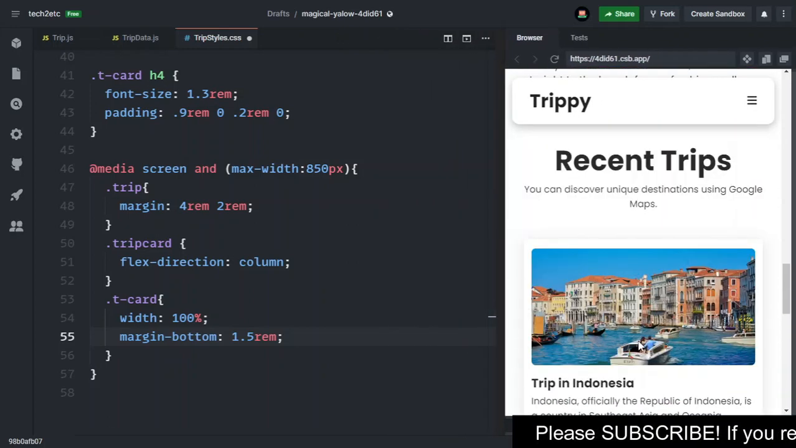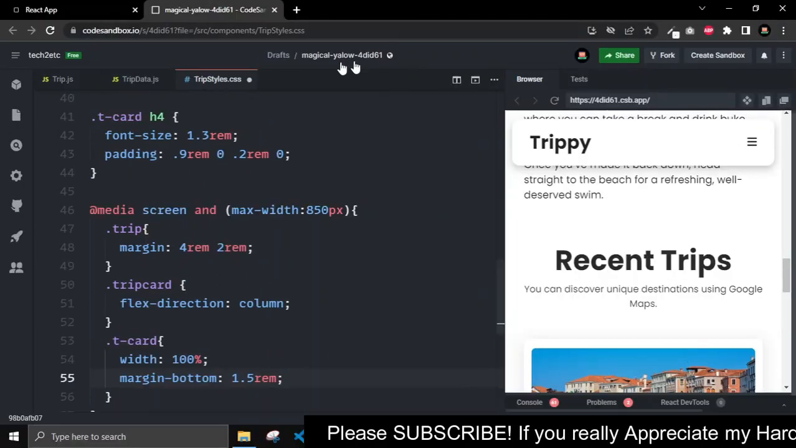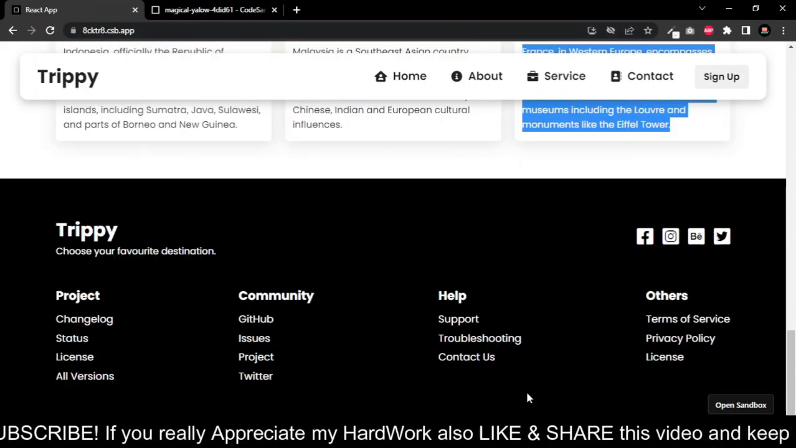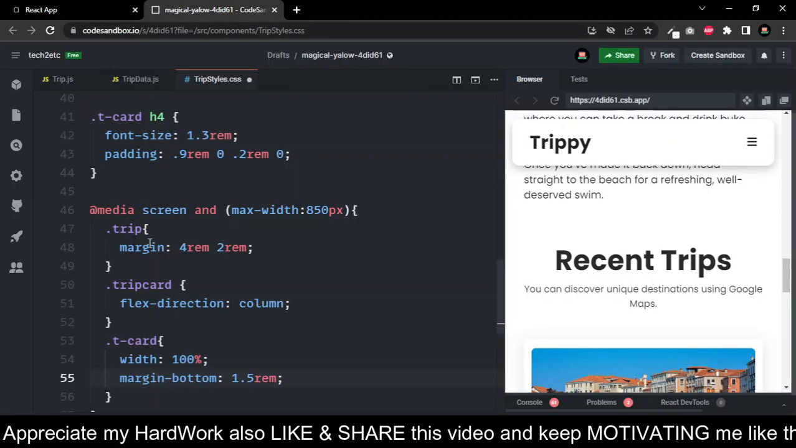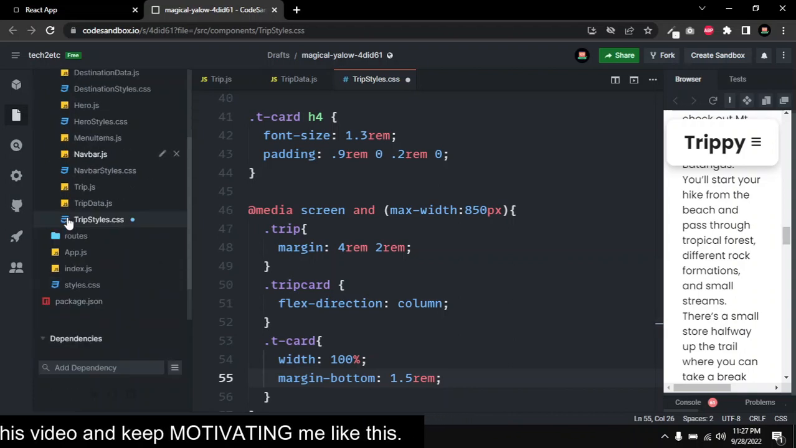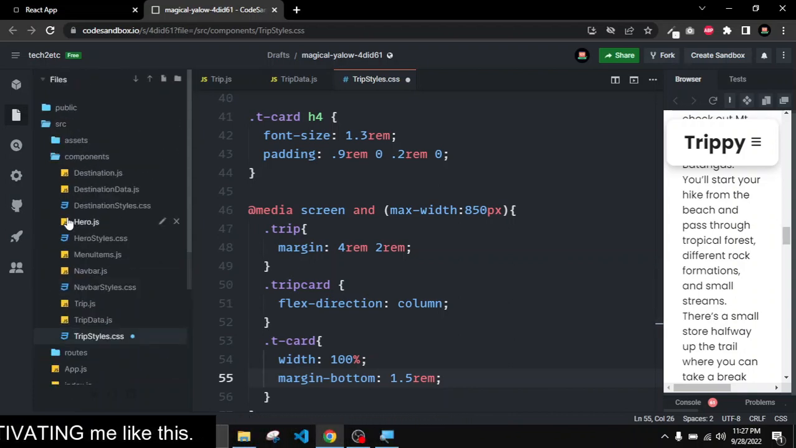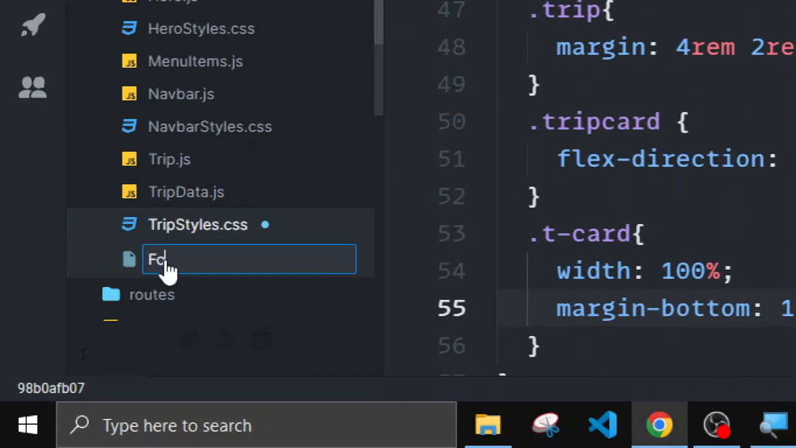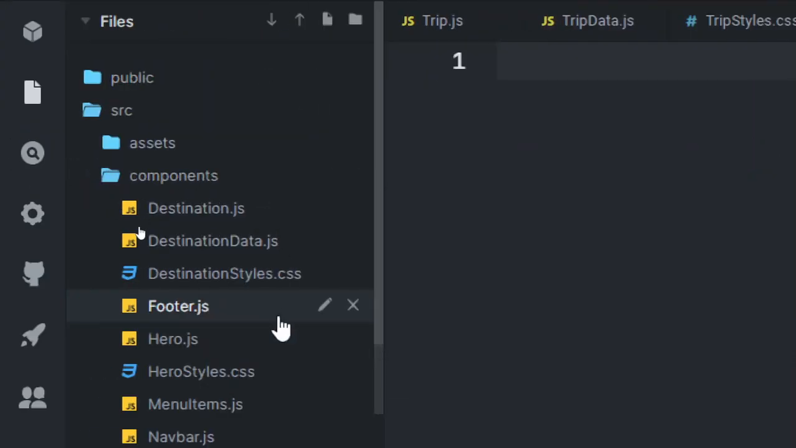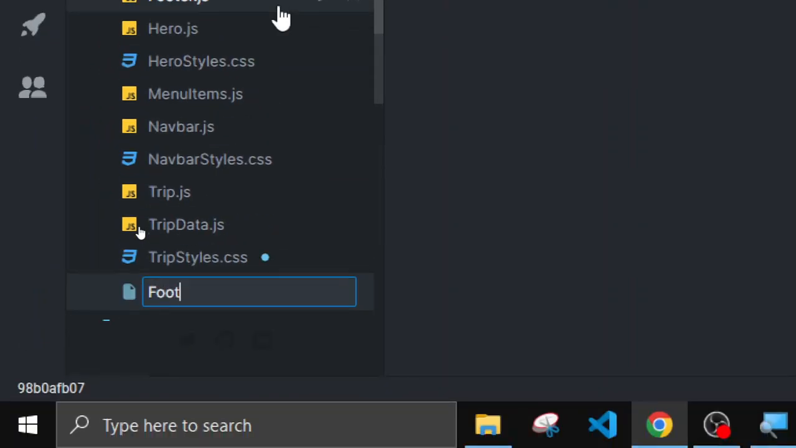After our trip component, now we have to create another component, which is our footer. So for creating the footer, let's go to our code, and from here let's go to our folder, and here we have to create a new component, and the component name will be footer.js. Then we have to create a style sheet also. Let's create footer